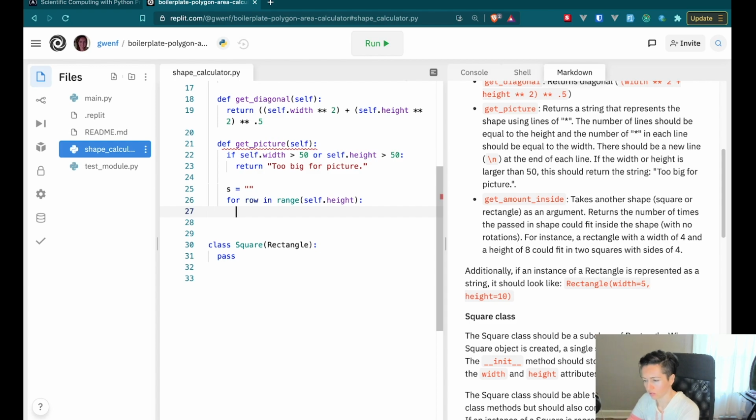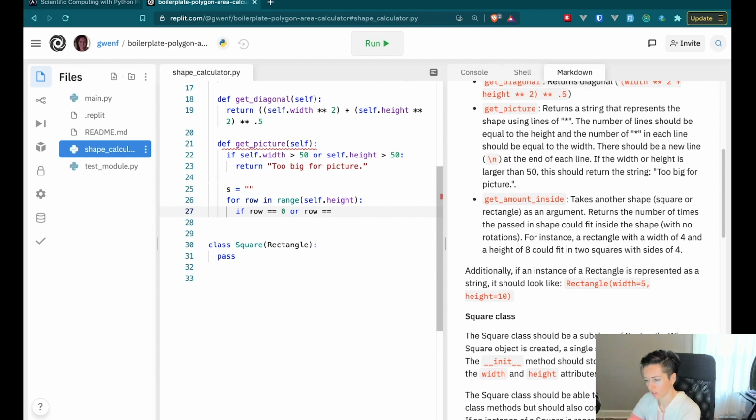Okay, so if it's the first time through or the last time through, I want to print out a whole row of stars. So I can say if, let's see, if row equals 0, or row